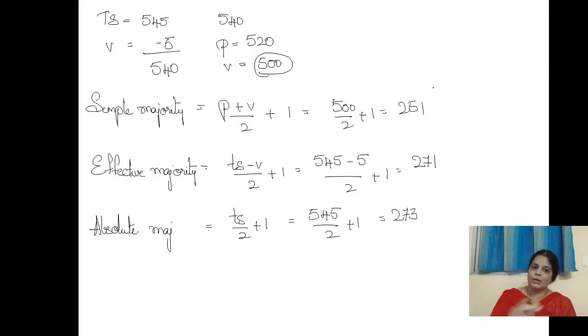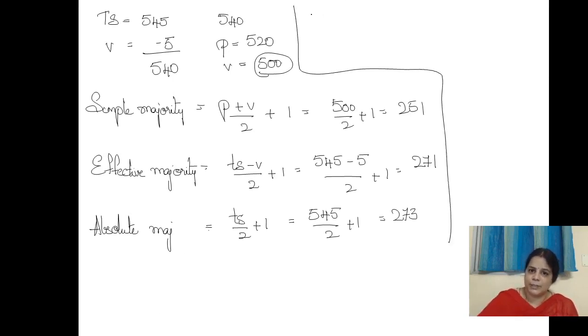Now let me go back to our example and let us calculate the special majority for this example. How do we calculate special majority of 2/3 present and voting? It is nothing but 2/3 divided into 500, which is 2 into 167, which is nothing but 334 roughly. This is what you need to approve it by 2/3 present and voting.